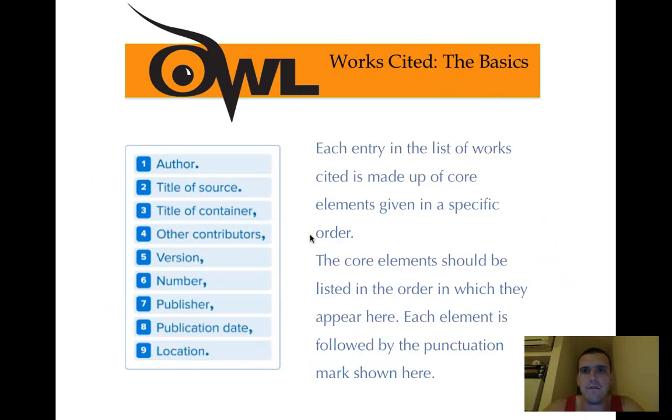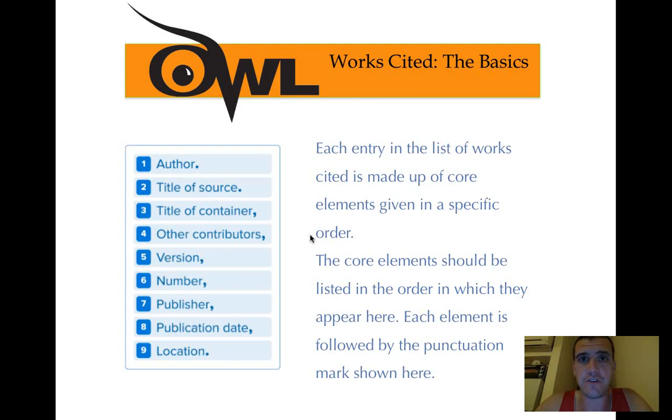Basically, we can now move on to the works cited, or what I refer to as the bibliography. So we covered in-text citation, what to do when you're actually citing a source in your paper, but that's not enough. You need to actually put the full source in the back of your paper, which is called a bibliography or works cited page, and there is a way to do it. Okay. There's a specific, I guess you could say, order of operations to do it, and it all depends on